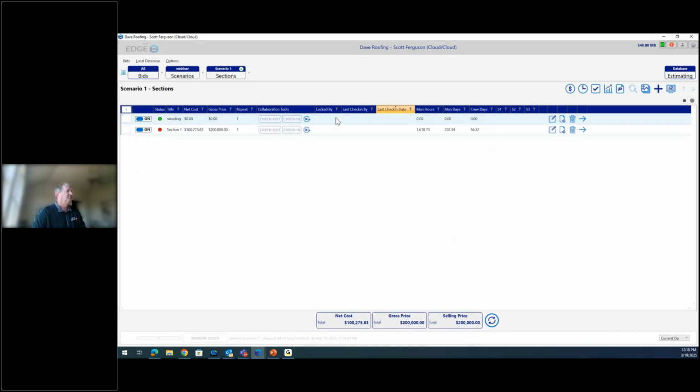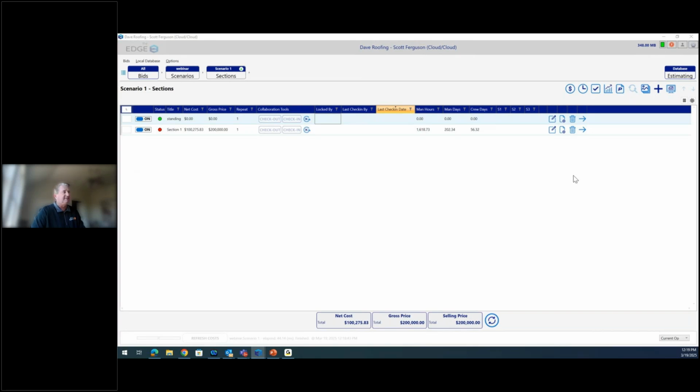Now I have a new section right here. Coming to manage my images, I'm going to add a new image to this page. Again, this is open in my other screen. I've been in offices where I have the Edge on like 4 monitors. I think 2 is optimal. Bring in a new drawing. Add it to my page,